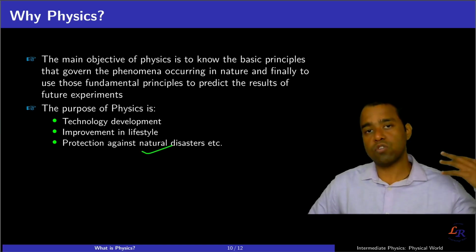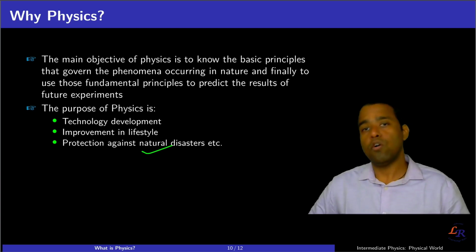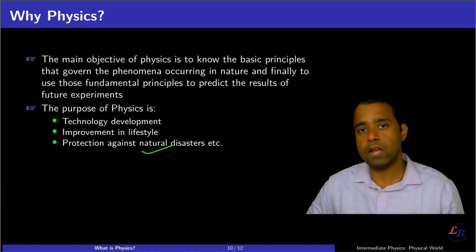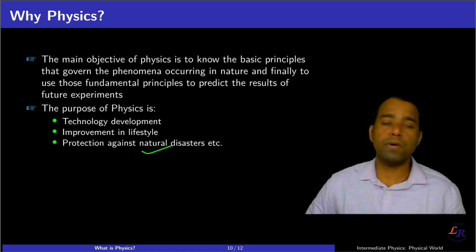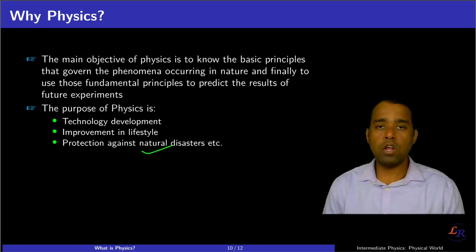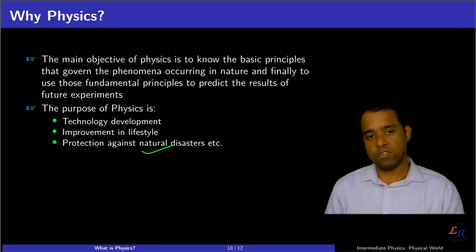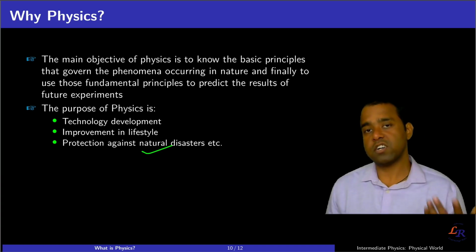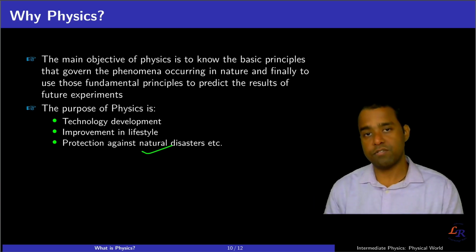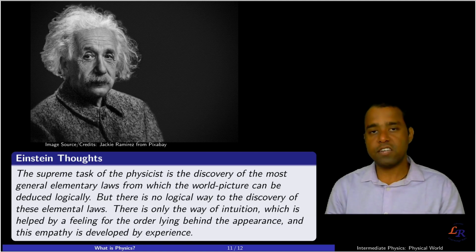You can see lots of cyclones or earthquakes are coming, and our scientists are working day and night to figure out whether we can have some models and predictions, so that we are with the observation in real time. If we can predict that something is going to happen, you can avoid lots of catastrophe and lots of loss of lives and loss of capital investment. So you can think how beneficial it can be, and the understanding of physics and science becomes very, very crucial. So I think I have made it clear what science is and what physics is.